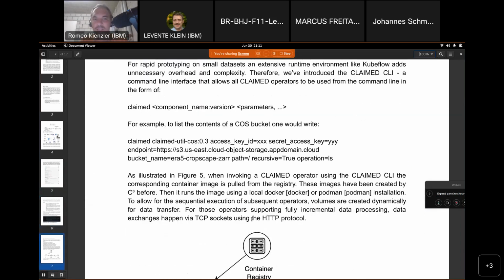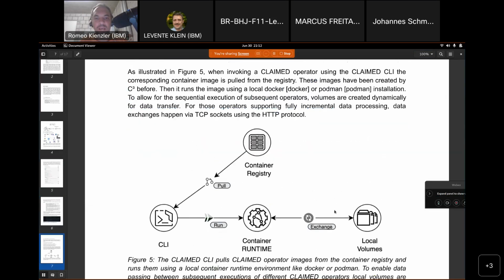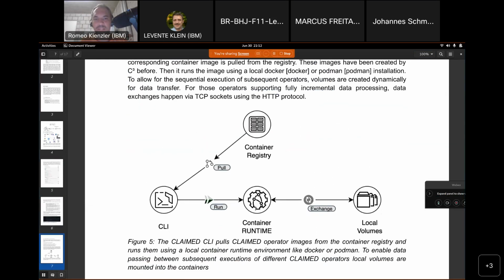And another thing, which is quite handy and useful, is for development or for some little tasks. All the components you can also execute from the command line. So you just say claimed and then the component name. If you want, you can put an optional version. Otherwise, it's just grabbing the latest. And then there are all the component's interface names as key value pairs. And that's basically just executing each component in a container runtime like Docker or Podman, and data exchange happens